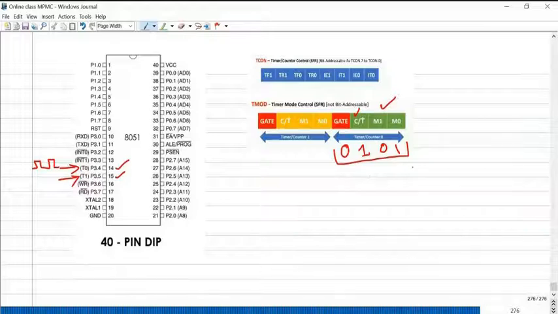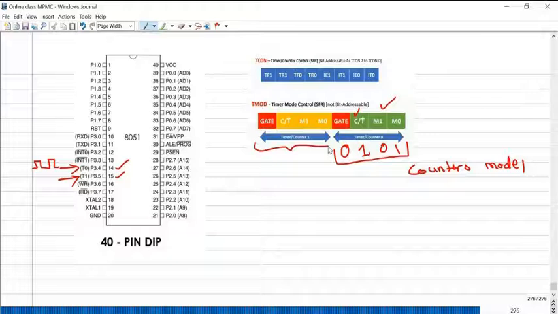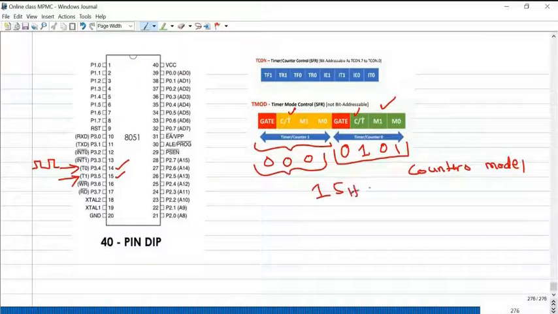This is counter 0, mode 1. Next, for timer 1, I'm going to use it as a timer, so this pin is particularly 0. Mode 0, so 0, 1. So hexadecimal 15H. So we have to load 15H in the TMOD register.